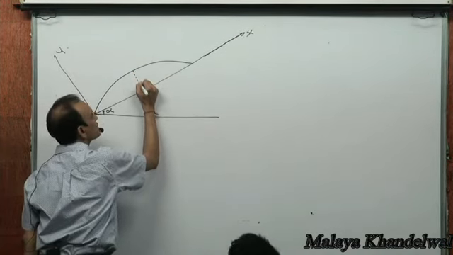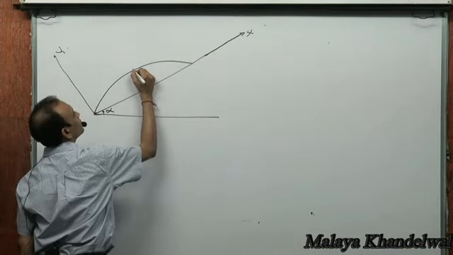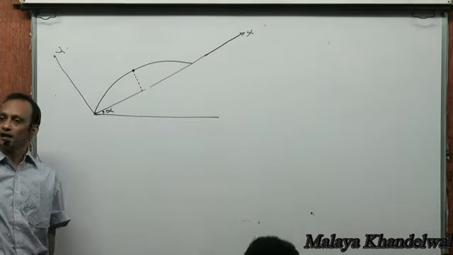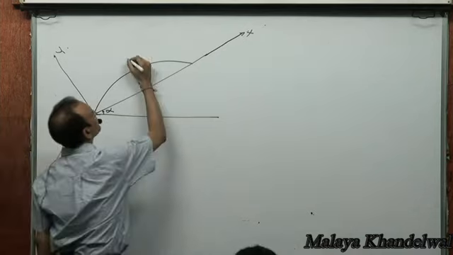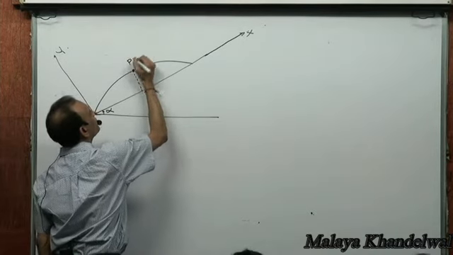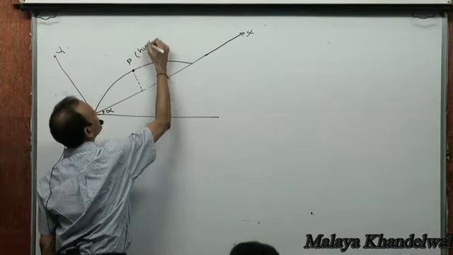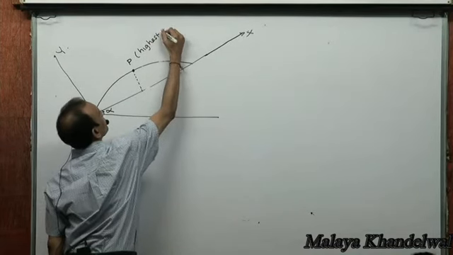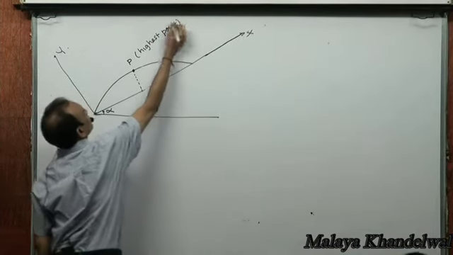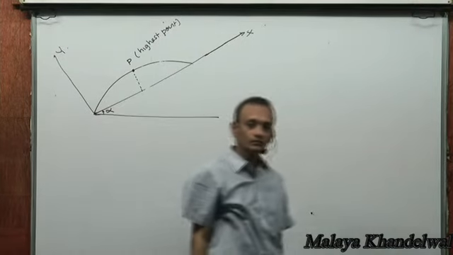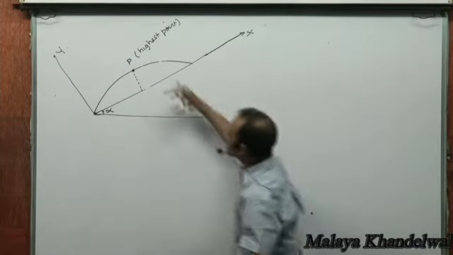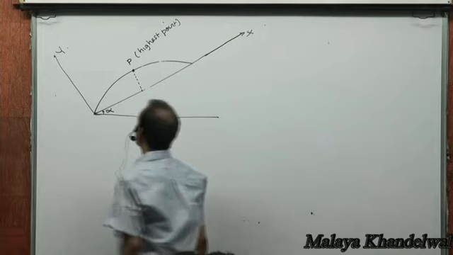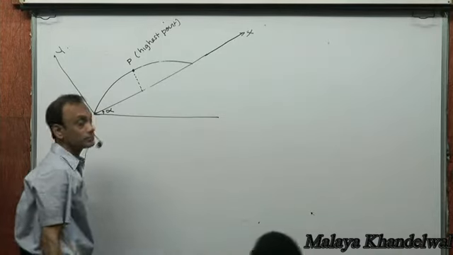Look, this is the highest point above the plane. P, the highest point above the plane. That means at this point,